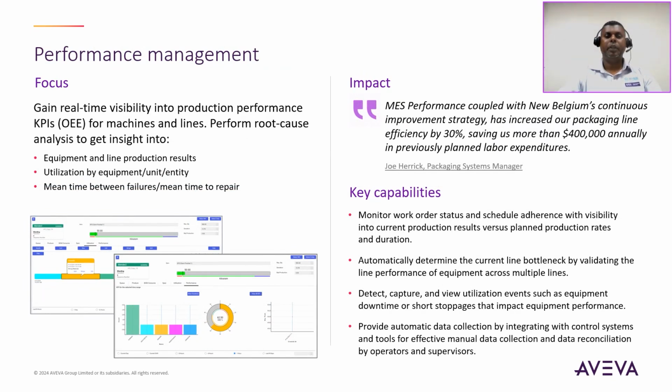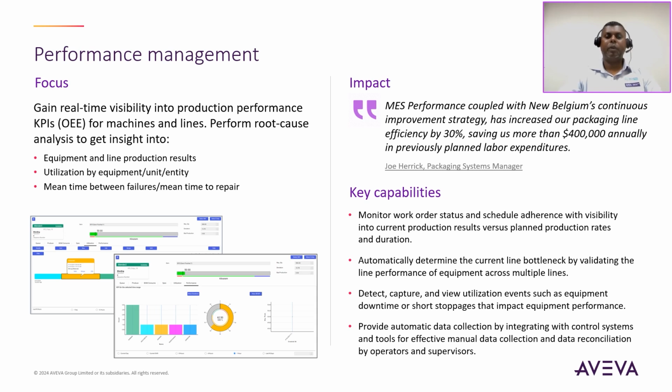Performance management. Reduce waste and losses and increase your operational efficiency by monitoring, analyzing, and continuously improving your overall equipment effectiveness and plant capacity utilization. AVEVA MES performs plant performance management by tracking the progress of work order execution, along with production losses and the reasons for those losses. It dynamically adjusts the performance targets based on work order start quantities and product-specific target production rates. It uses information at the work order level to accurately calculate OEE KPIs, indicate schedule adherence in real time, and validate line performance across multiple pieces of equipment.